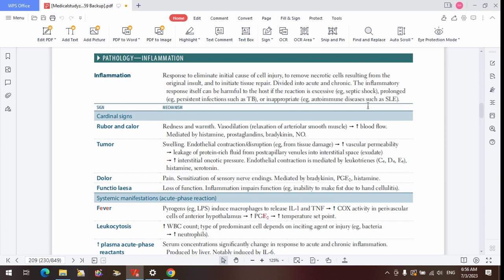But if the infection is a persistent one that is very stubborn, and the neutrophils or the macrophages cannot even take care of it, they start employing the service of the T cells, the fibroblasts, the macrophages, and other things. Those ones can collectively cause damage to the cell, particularly by forming granulomas or fibrosis, which is bad. So that is why we are saying inflammatory response, when it's acute, can be beneficial, but when it's chronic, it is bad. So even aside the fact that it's chronic, if that acute inflammatory response is prolonged, it is excessive,